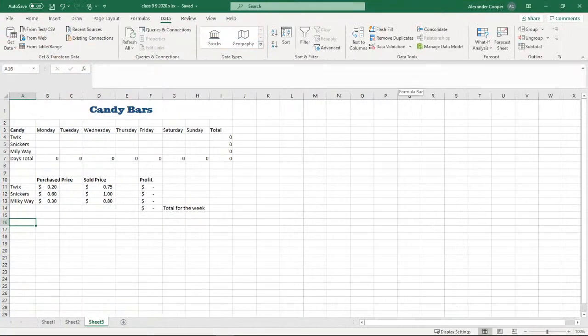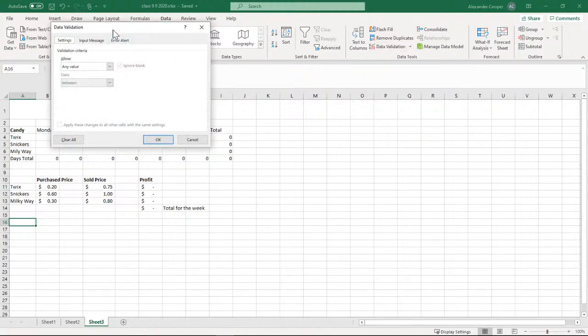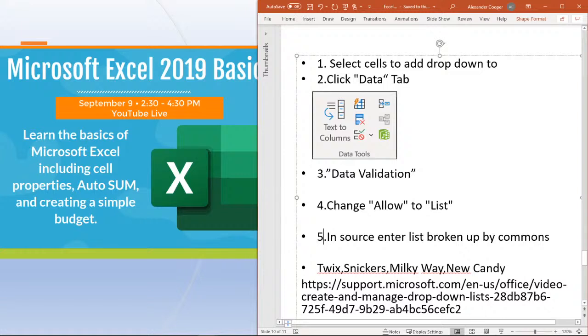Okay, so it's right here. It says data validation. I click data validation. I go over here and you see where it says allow any value. We actually want to change that to where it says list. Settings, allow, list. There you go. So change allow to list. Okay. And then what we want to do,